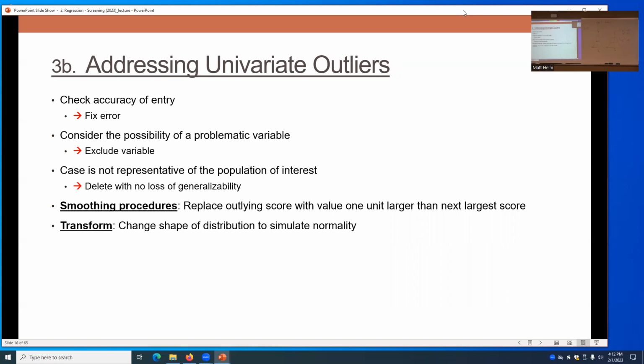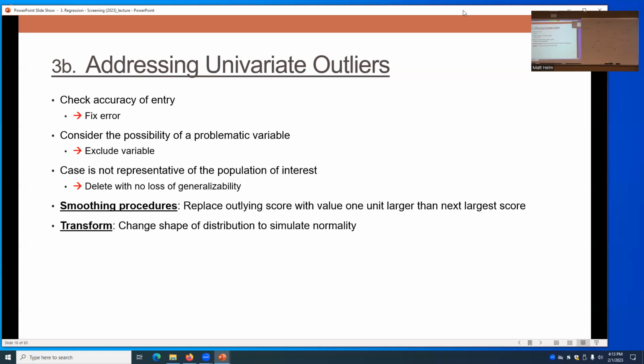It might be cool, but it's got a crazy skew. And looking back through the hard copies, it looks like maybe people didn't understand what they were supposed to be answering and things along those lines. And I'm finding that I have a lot of extreme values on that variable. Maybe cut your losses and just get rid of that